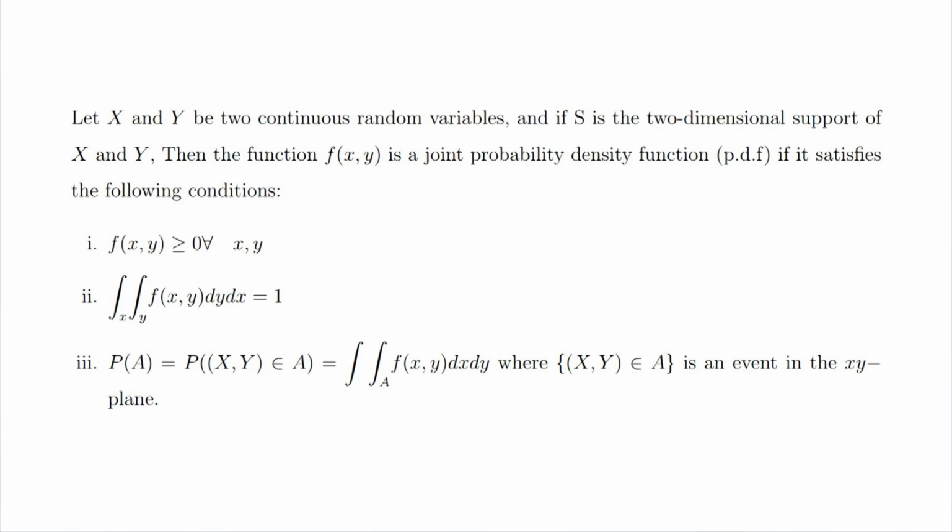Second condition is that the integral over x, integral over y, f(x,y) dy dx is equal to 1. Third condition is that the probability of A, which is the probability of (X,Y) in A, is equal to the double integral over A of f(x,y) dx dy, where (x,y) in A is an event in the xy